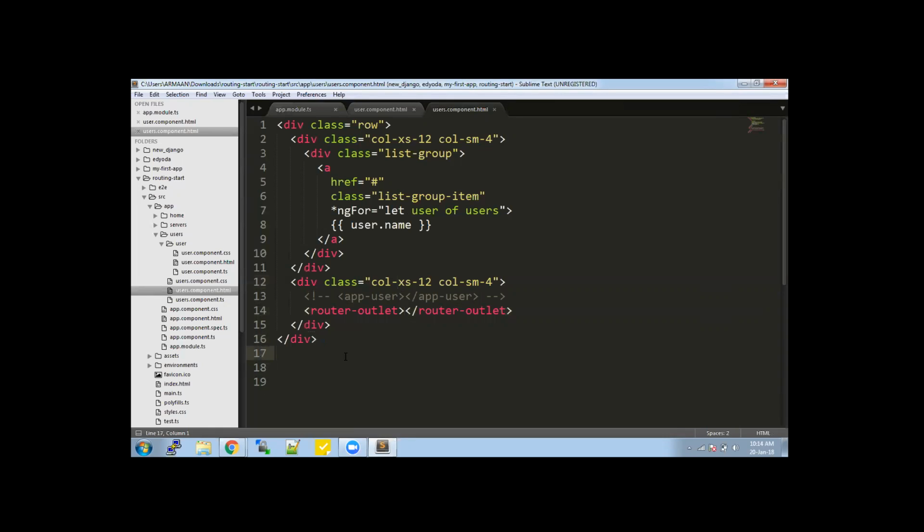Now we will see what are route guards. Okay, so route guard, as the name suggests, we are guarding our routes. That means protecting our routes. Okay, sure. So for this